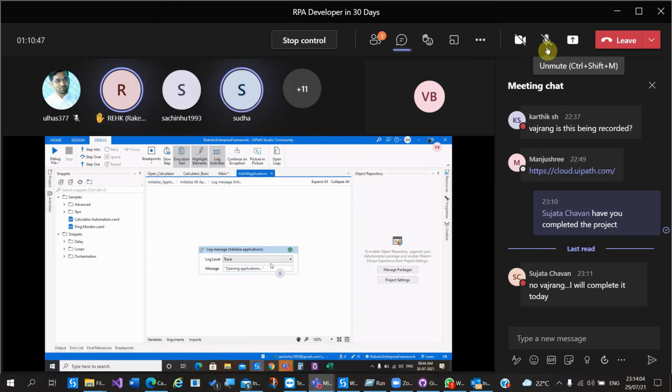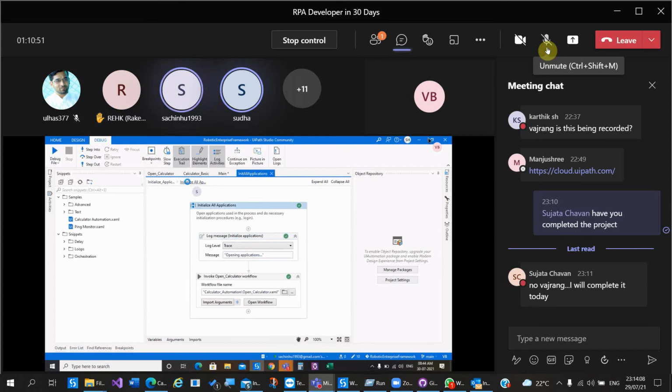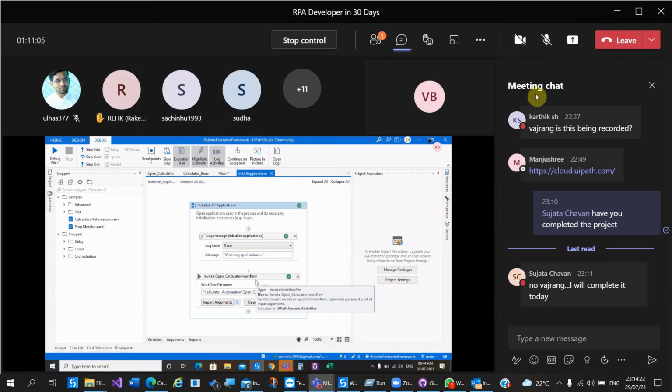Go back to the initial application here. I have a question. If we delete the queue item in the orchestrator, it doesn't work later, right?